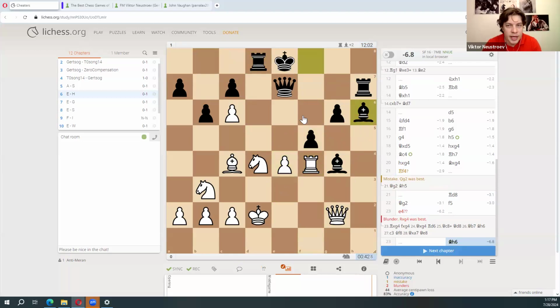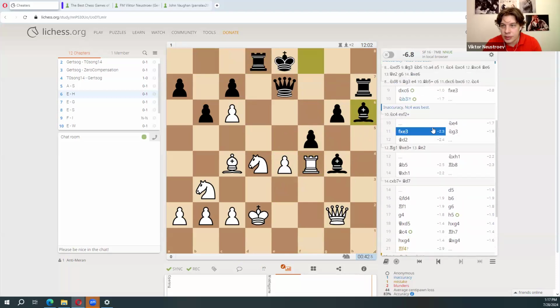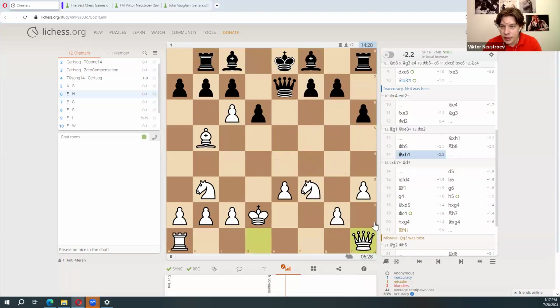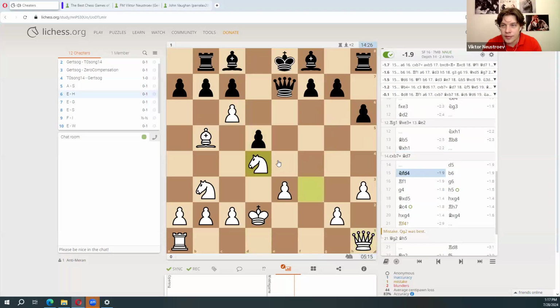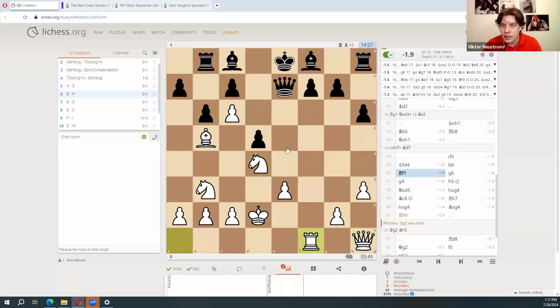So looks like black took advantage of the white's mistakes only. But no, they were doing it in their best way. So starting from here, it looks like black realized that they have enough advantage to play on their own. So d5, this, b6. So b6 is a good move, actually. It's the second line. No, actually, they were playing according to the engine. So it's either the second or the third line.